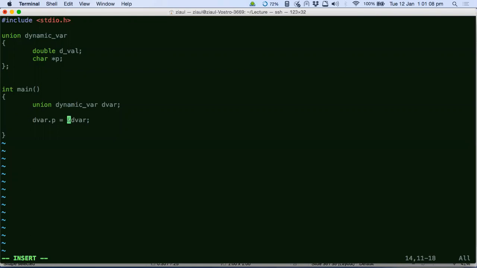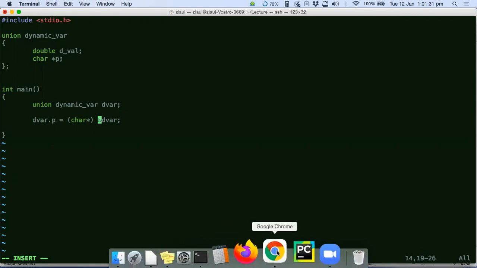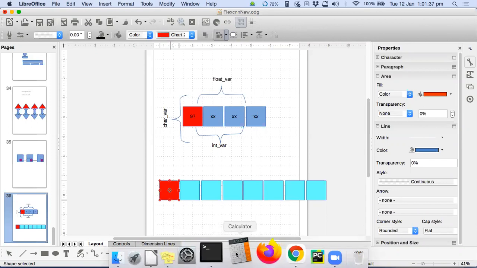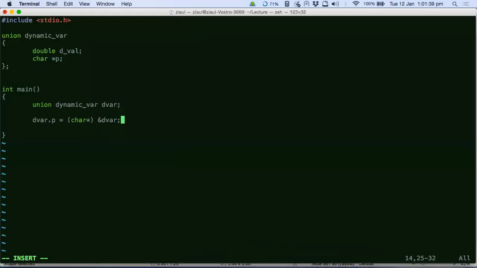But this address is not of a character type yet. What is this address? This address is of type union. So I have to cast it to a character pointer. Now this union variable gave me the pointer to the first byte, this byte. So all that I have to do now is put more data inside.